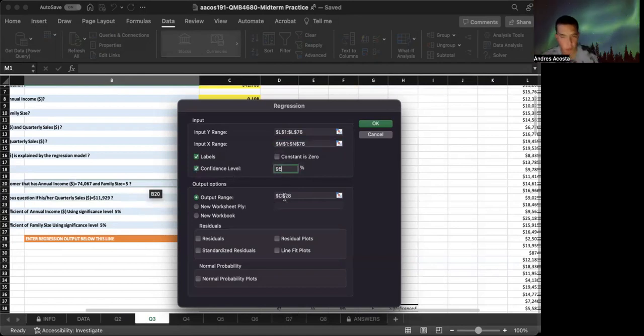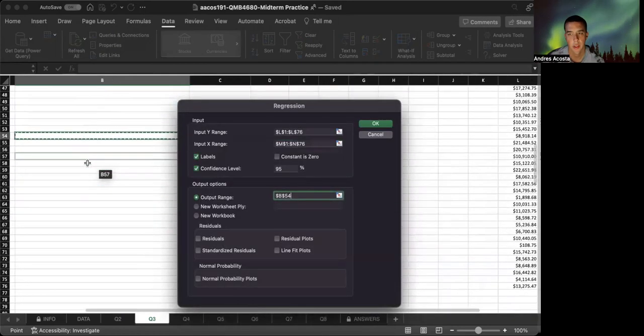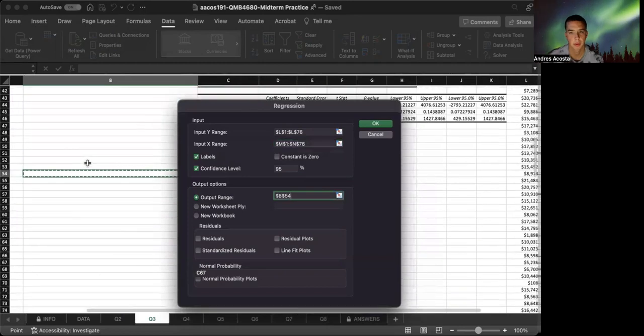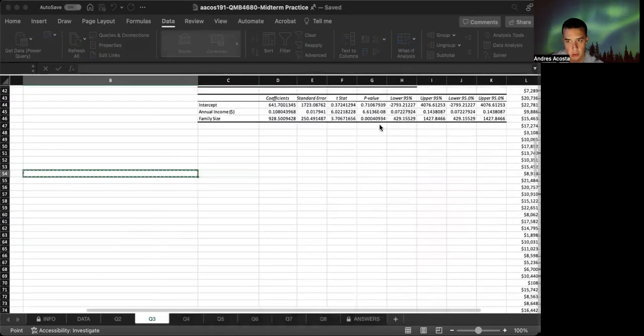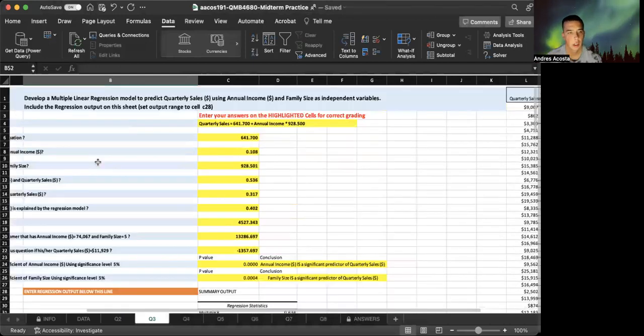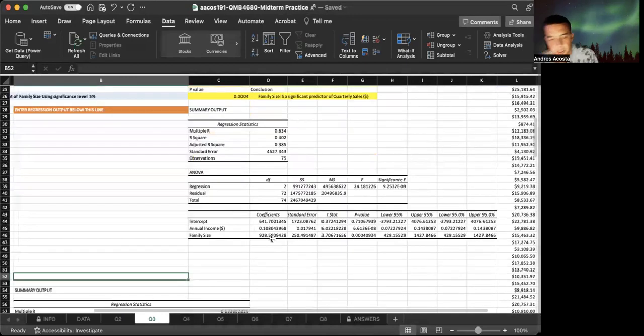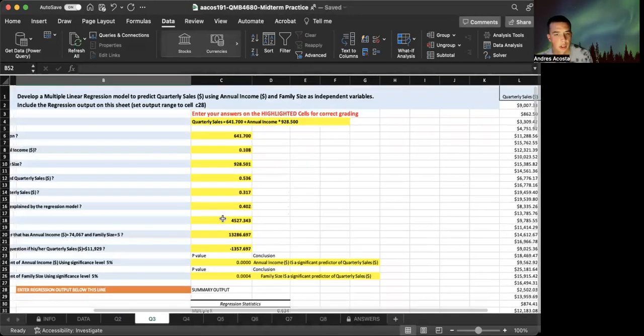So our output range could be, let's put here B54. Okay, yes, just put B54 and we'll click OK. So there you go. That gives us our regression model right here. I already have it here, but I just showed you guys how to do it. So now it asks